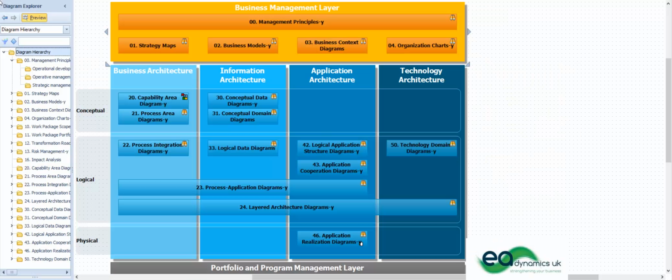We are now going to look at a modelling tool to see an example of how the catalogues, matrices and diagrams help us to develop an abstract, logical model of a solution and model our organisation's objectives, goals and drivers, ultimately giving us a view of the organisation from a strategic, programme and project perspective. If we start off by looking at the management principles,